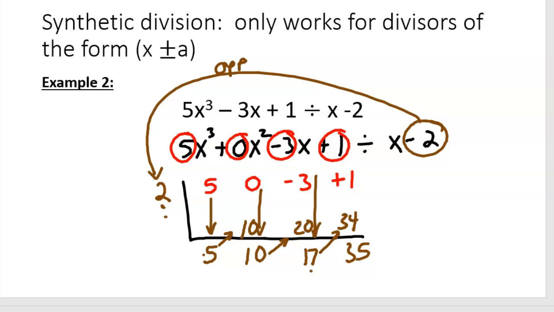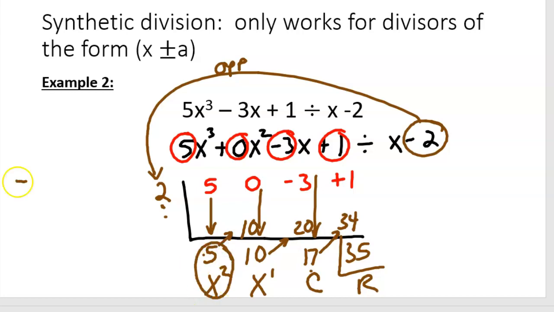All right, but what does that answer mean exactly? Okay, well, here's what it means. This is my remainder, so the last number will always be your remainder. This will always be your constant term. The one after that will always be your x to the first power, and the one after that will always be your x to the second. And if you have more, it keeps going, like x to the third, x to the fourth, and x to the fifth. And so my final answer then is going to be 5x squared